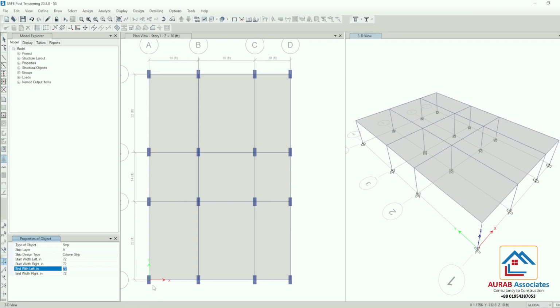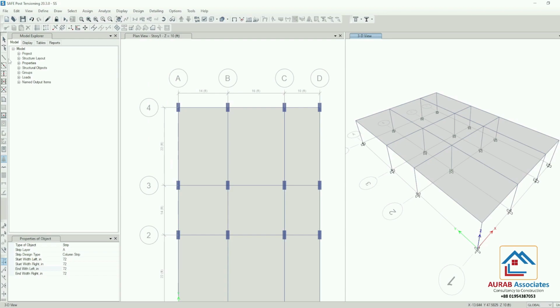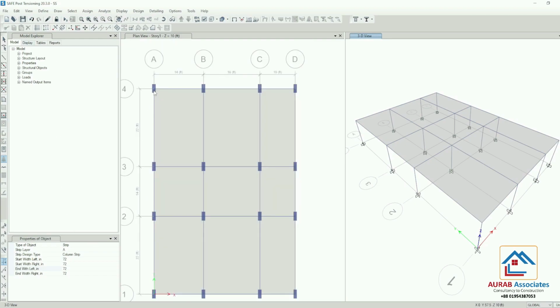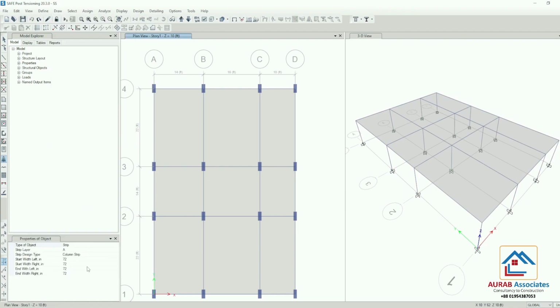Now go to this grid. Why I am not getting this option? Okay, go back, draw design strip. Here we are considering 72-inch design strip. At first we are taking column strips.